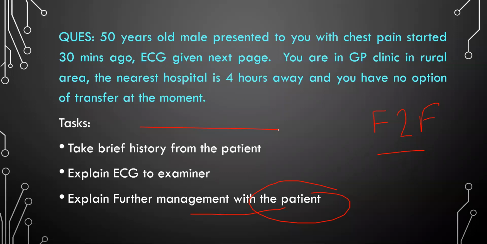Now, if you don't have time for that, you can at least say that you would like to take the patient to the resuscitation cubicle, attach the patient to an ECG monitor. Now, obviously, you have already got an ECG. You don't need to do another ECG now. So just say that you would attach this patient to a monitor, and then you would start the patient with aspirin. If you only say aspirin and resuscitation cubicle initially, you are safe.